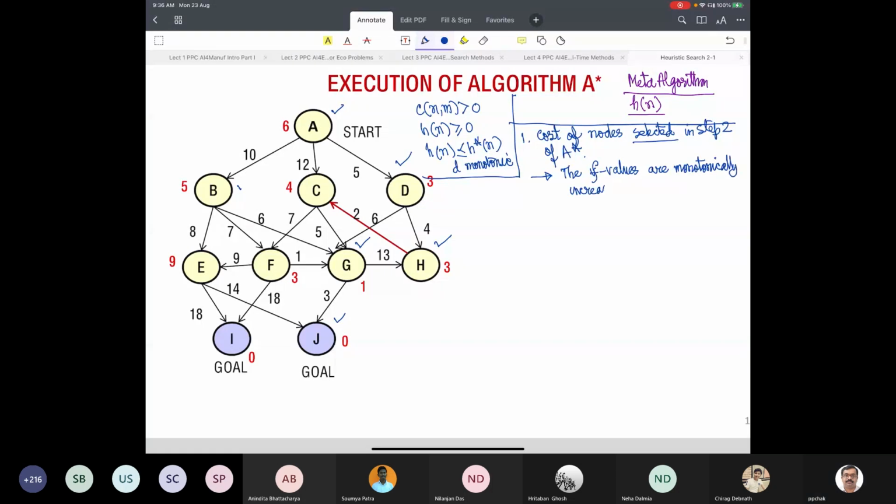Very good observation. Anything else? So, since the F values are monotonically increasing, we can say that the first time we reach the goal, that will be the minimum one. Yes. That means when we reach the goal,